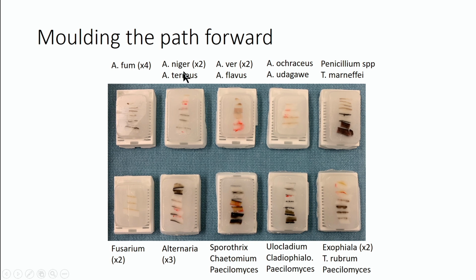And so you can see the range of organisms, a bunch of different aspergilli in case we really want to get organism-specific and not just leave it at the genus level. Mucor, Penicillium, Fusarium, Alternaria, and then a slew of, these are mostly dematiaceous molds, and I've used the pathologist trick of inking them so I can tell them apart and trace them back. And so I think this is a really nice library of tools that we can then use to develop this